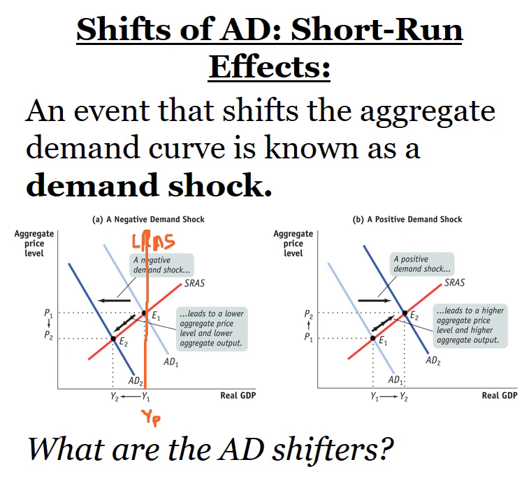E in GRUIT is for expectations/confidence. Remember, this is economy-wide. What's happening to our economy? Do you think that the next few years are going to be good? Then consumer and business confidence would be high. We expect growth in the future, and AD would shift right. W stands for wealth/income. So if the value of your assets and wealth goes up, you can buy more, and AD would shift